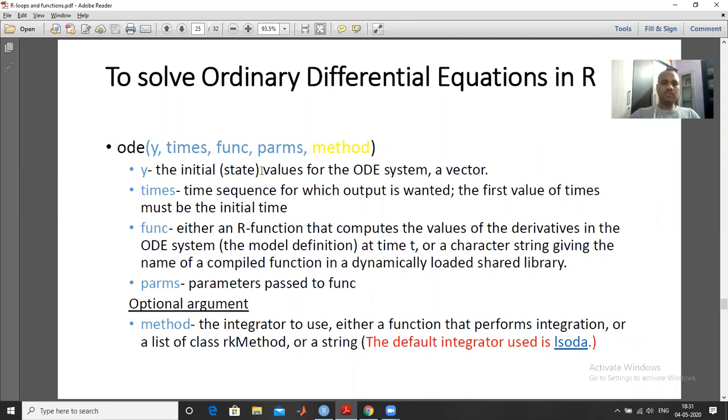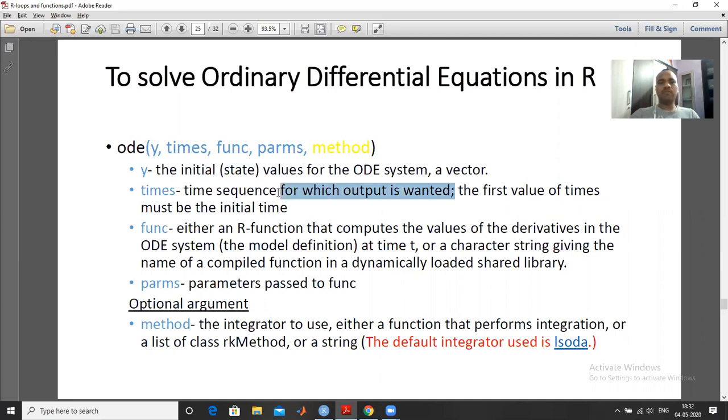So y will be the states, meaning how many variables are there in your ordinary differential equation. Suppose there is a single equation, then there is a single variable, and suppose you have a system of ordinary differential equations, say three equations, so this y will be a vector stating the initial states of all three variables. Times is a sequence for which output is wanted.